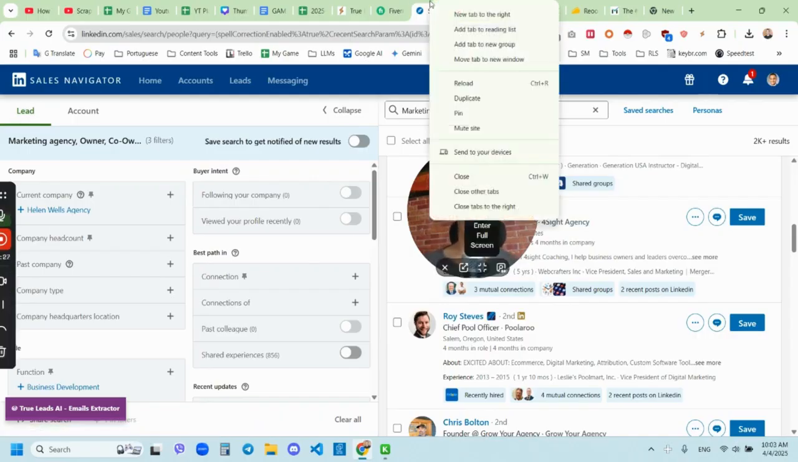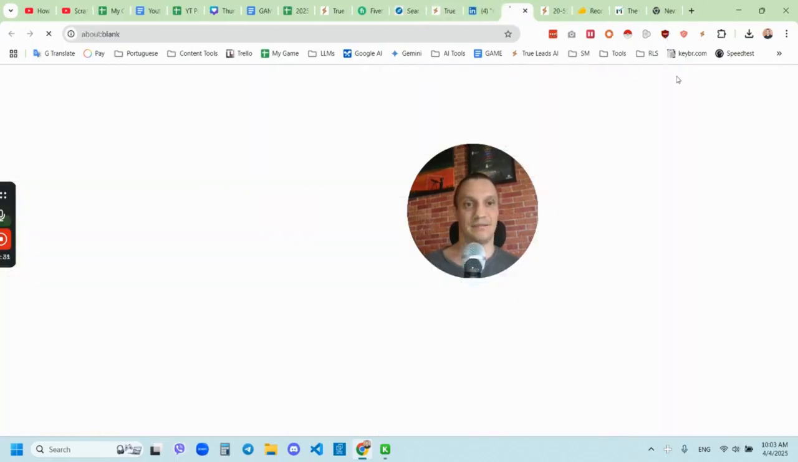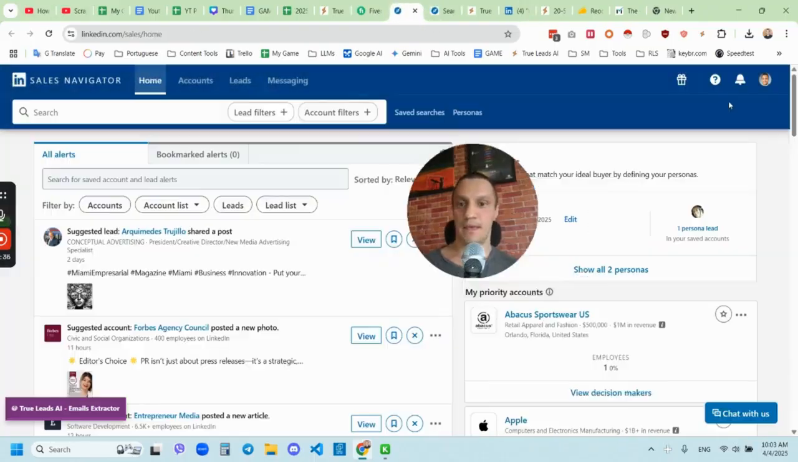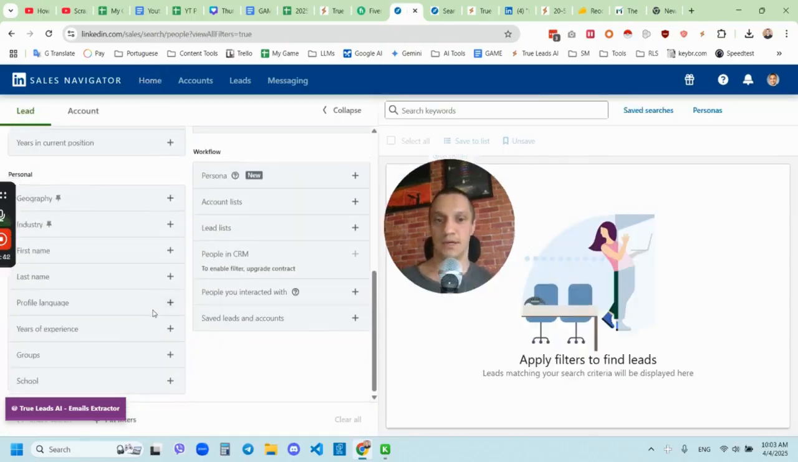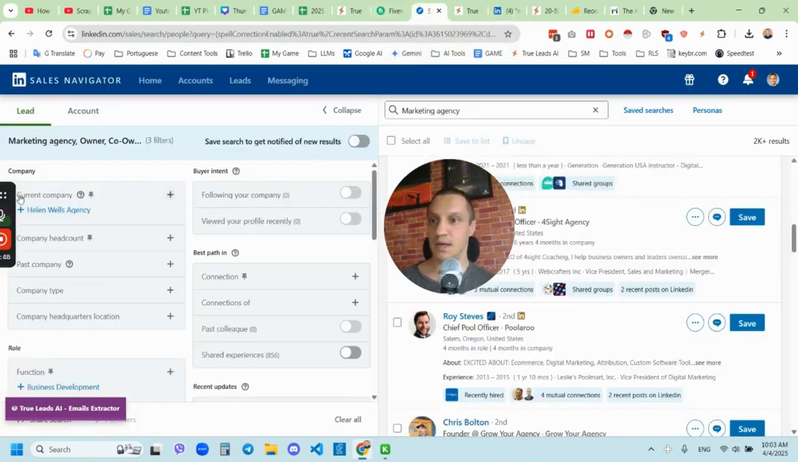By the way, if you don't know how to get to this point, let me go back to LinkedIn, and you just click on Sales Navigator here, just in case you're not sure how it works. And then you're going to click on lead filters. This is how you'll be able to get to this page. And in my case, I'm just going to close it because I already opened it here,